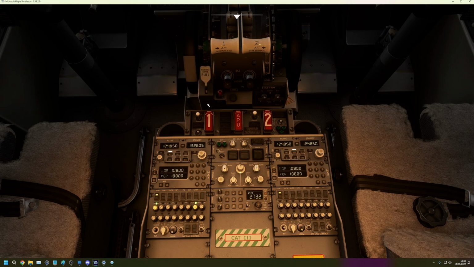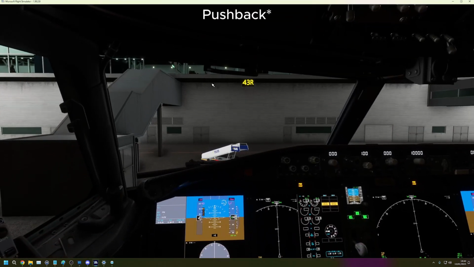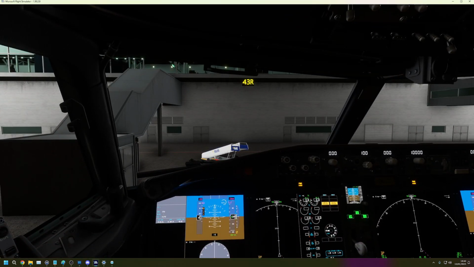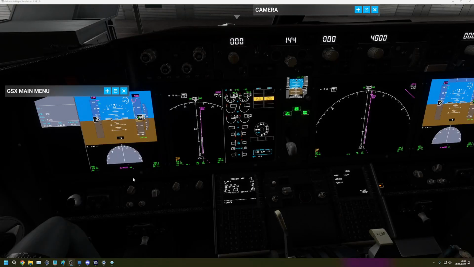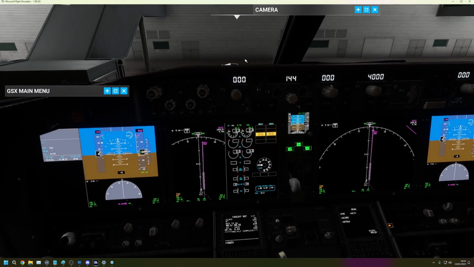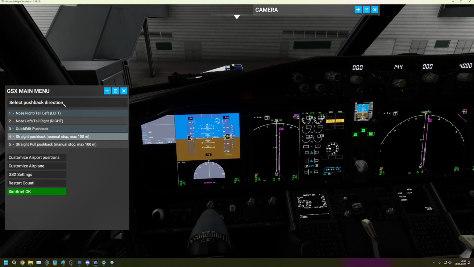So what we're going to do is make sure the aircraft is set up, ready for departure. I'm going to do that, and I will catch the video once we are ready for pushback. Okay, so the aircraft is set up and ready for push. What we can do now is we have prepared our GSX ready for a direction of